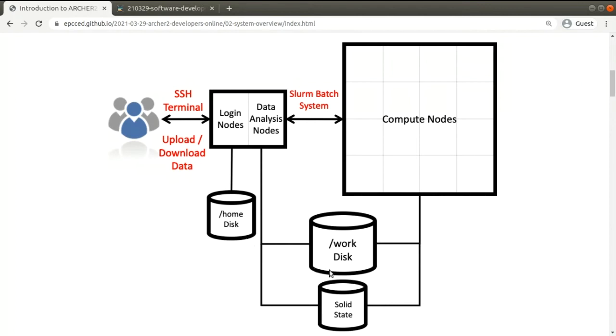So this is home, and also we have our work directory. Work, as you can see, is shared with the compute nodes. So all data that is located in work can be accessed by the compute nodes. This is important because when you submit a job to the compute nodes,